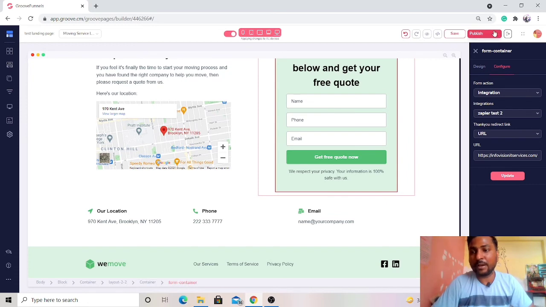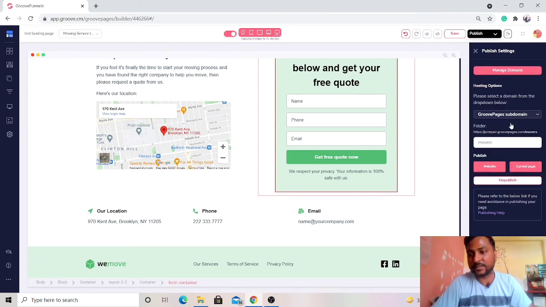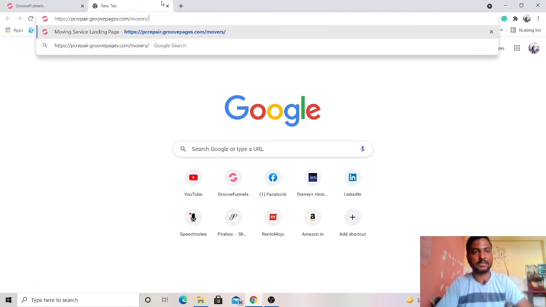So now what I'm going to do is publish this website with my subdomain. Okay, so let's go ahead and do that. I'm just going to publish it. It will publish in maybe a couple of seconds. Okay, please allow me a moment. So you can see over here at the bottom right-hand side, it says site publish in process. It generally happens within a second only. So let's go ahead and check this out. I'm just going to copy the URL from here. Okay, copy to clipboard, and let's open a new tab and check this out.